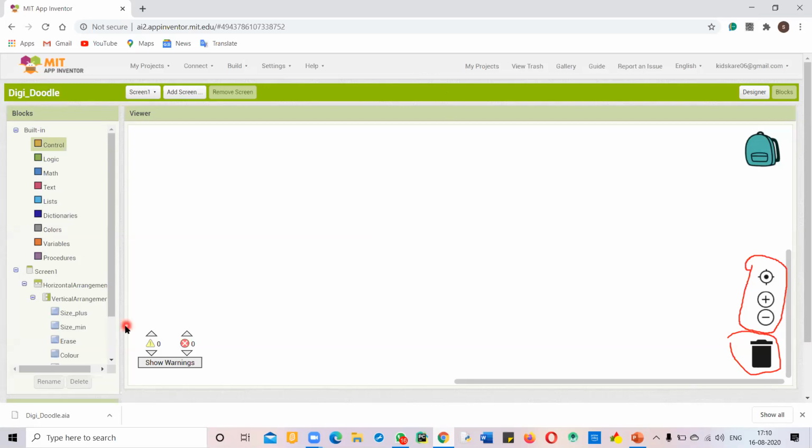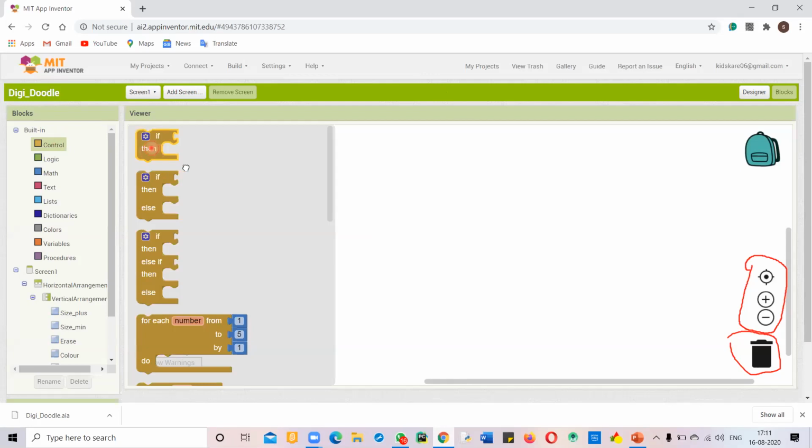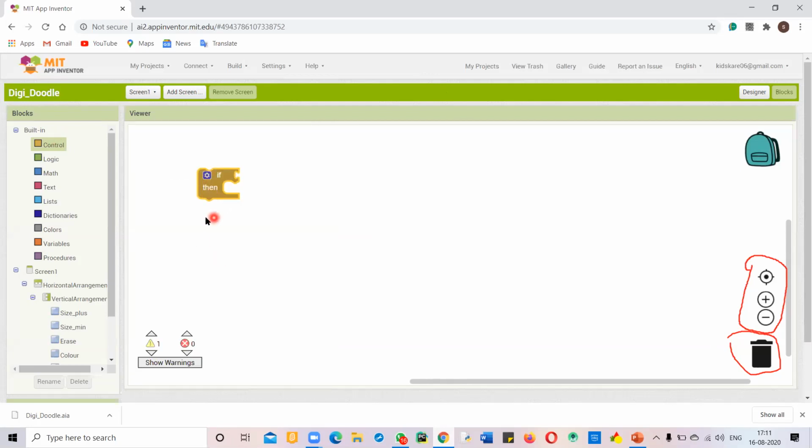These are also some buttons that show warnings. If I've dropped this block and have not enclosed it inside any event handler, as you all know we have to enclose every caller, setter and getter block inside an event handler, then it shows me a warning.